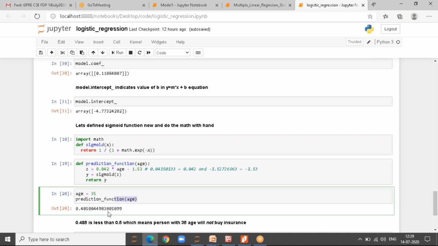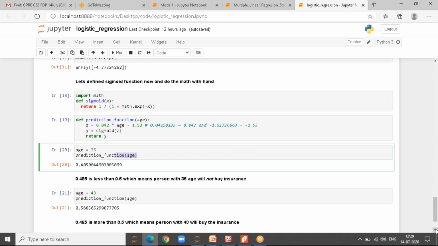So 0.4 is less than our threshold limit as per our example. Definitely, through our own hand calculations also, we can predict that he will not go for the insurance, because its value is less than 0.5. And for example, if I give 43 and call the same function, it returns a probability of 0.5. More than 0.5 definitely leads to the conclusion that the person is about to take the insurance. This is how we can predict